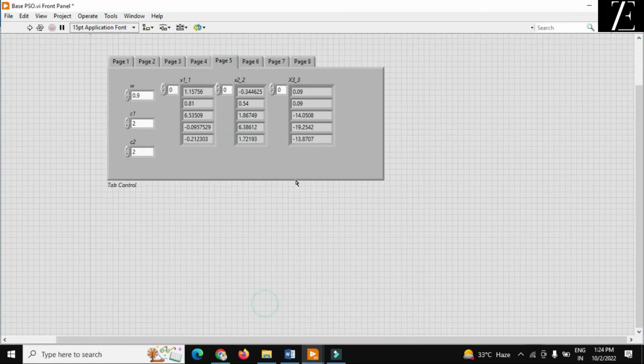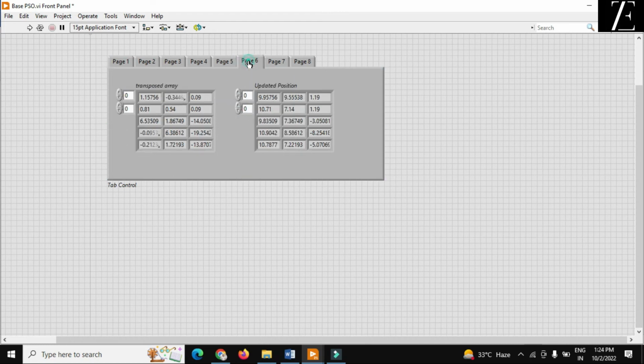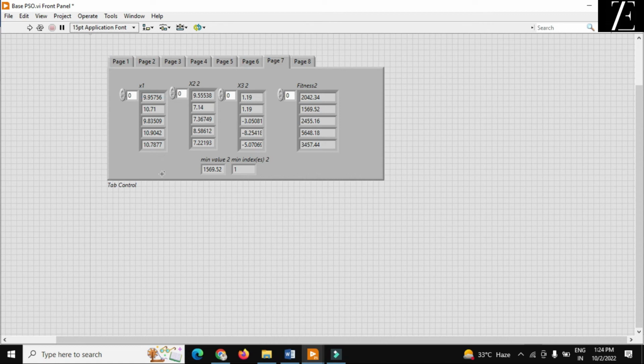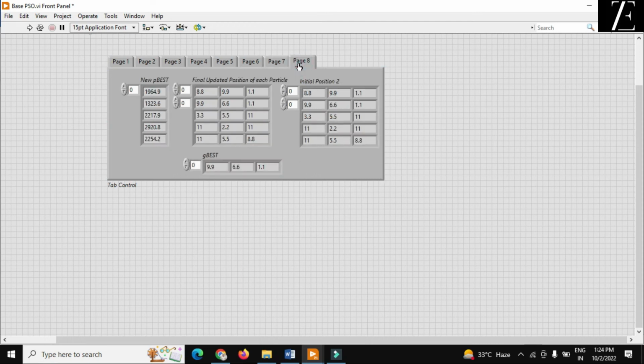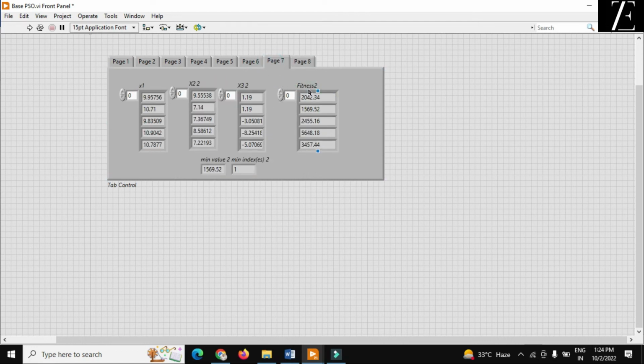And over here in the LabVIEW, so this is my updated position. As you see, this is my updated position, and over here I got new variables x1 x2 x3, and from here again we have to find out the fitness value. And as you see from here, the minimum value is 1569, but if you want to check, or if you want to compare this fitness value, the fitness 2 and fitness,